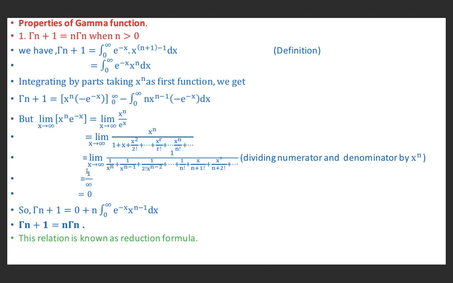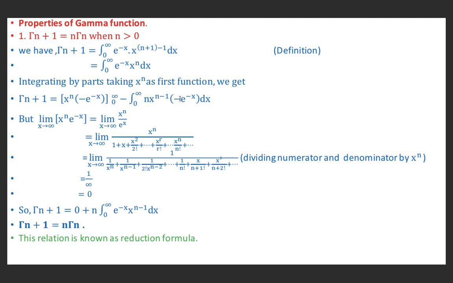If we take the limit as x tends to infinity, in the numerator we have 1 here. So I have written 1. In the denominator, 1 upon infinity is 0, it is 0, it is 0. This is 1 upon factorial n. As x tends to infinity, this is infinity, this is infinity, other terms are infinity. So infinity plus some term plus 0 is infinity. 1 upon infinity is 0. So it means this term is 0.